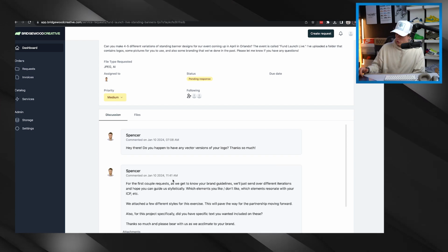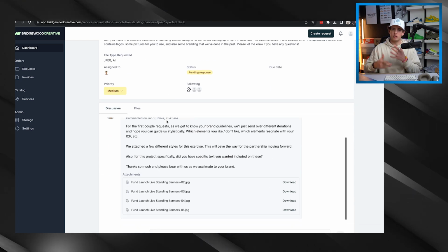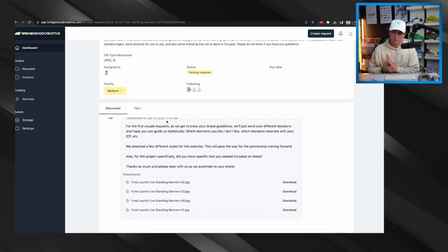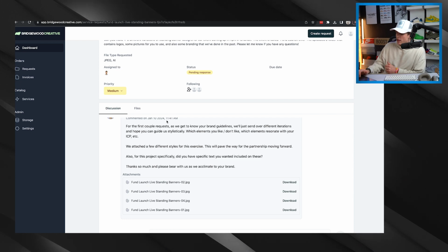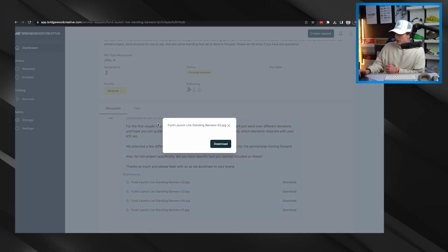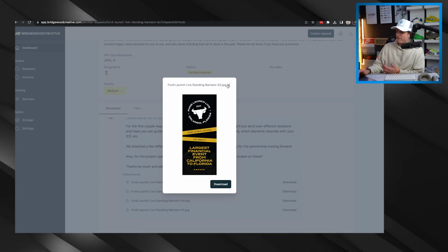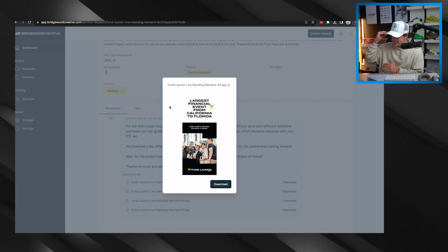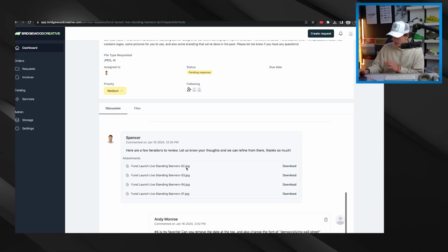So right here, I was having this graphic design company make some standing banners. These are banners that you stand up and they're all around there. I usually use them for directional branding, but they also look good just for aesthetic branding as well. So the first few concepts they submitted back I thought were okay. I didn't love the text or the fonts. It was very choppy and segmented. I didn't think it flowed very well, so I left them some comments, and then they came back with a second variation,